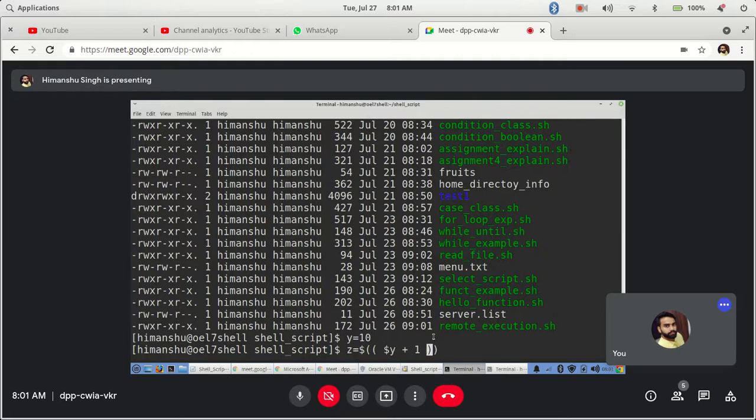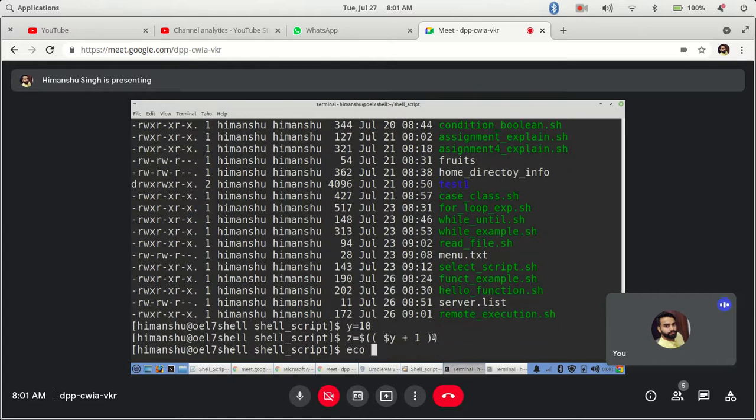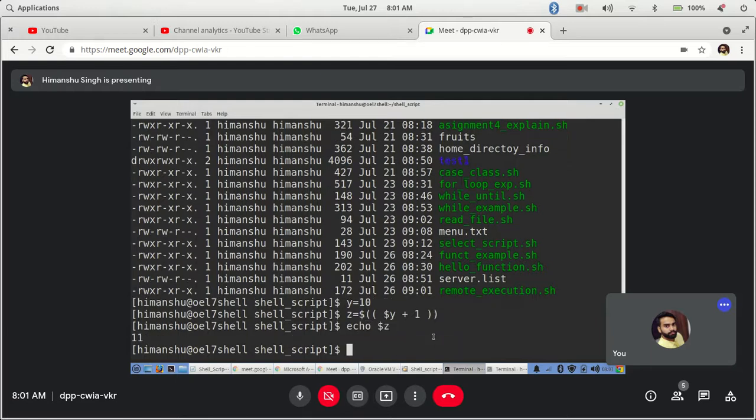It will add y plus 1 and store the value in z, correct? And the output would be echo dollar z, 11. In the same way, let's say I say x equal to some string.